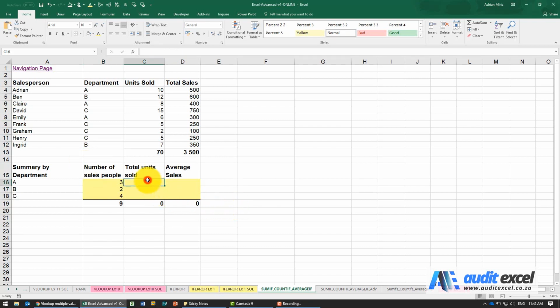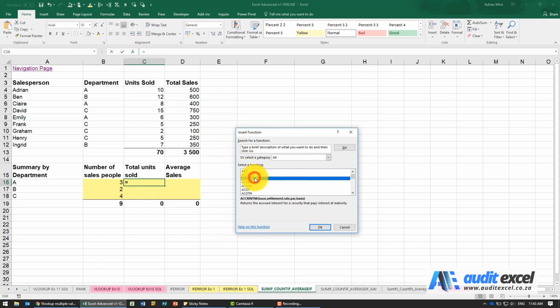Now we want to work out by department how many units were sold. So if I gave this to you on a piece of paper, what you would do, you'd look and say, I'm looking at department A. Let me find all the department A's and then add them up. So there's an A, I'm going to add that one up. There's another A, I'm going to add that one up. There's another A, I'm going to add that one up. Everything that we've done there, looking here, and looking here, you need to tell Excel. In this case, the function we're going to use, because we're summing, is called SUMIFS.